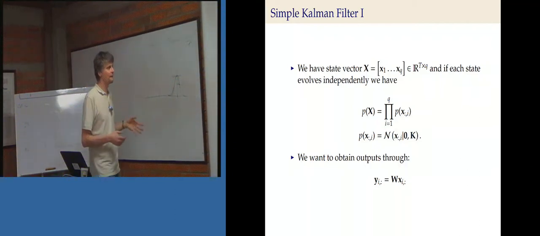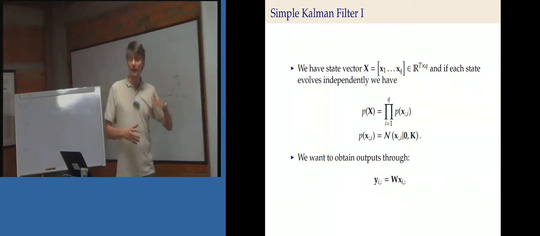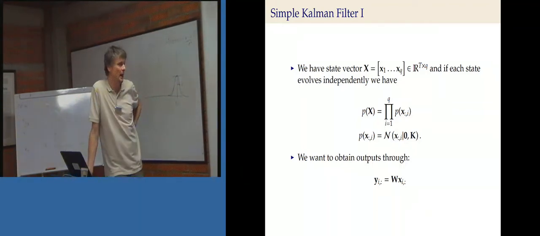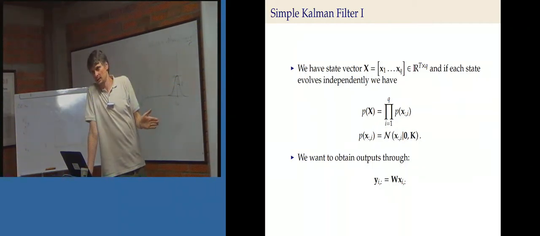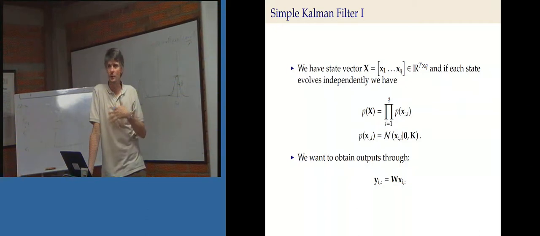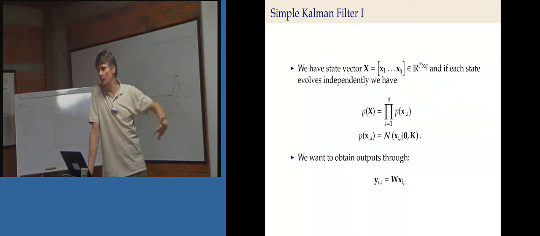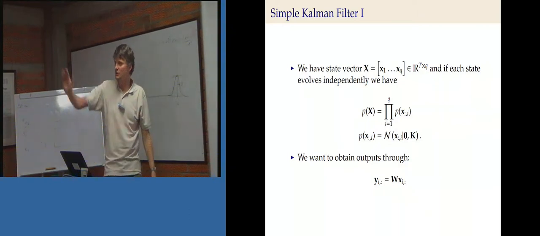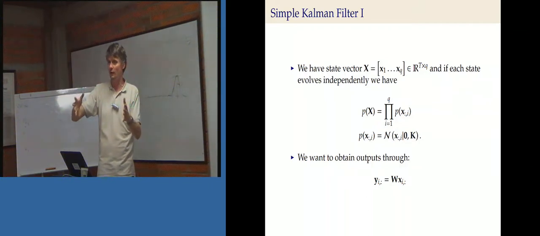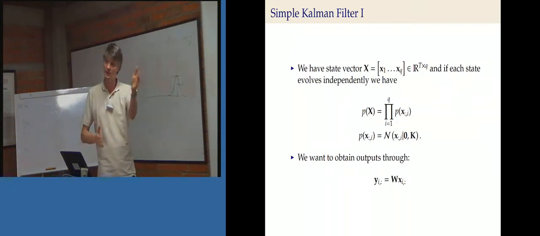Okay, so in a Kalman filter though, we don't just have one of these processes, and we don't necessarily have this independence I'm about to put in, but you can extend this if you want to. What we have is a number of processes, and what I'm going to assume is those processes are independent. So we've got 4 latent unobserved processes that are driving what we're observing in the multivariate world. So if the multivariate world is your heart rate, those processes might be what's going on the slides, what the temperature is, whether there's anything stressful noise-wise happening outside, like a drill or something like that. Could all be affecting your heart rate, but they'll affect it in different ways. So we're saying those things are independent,